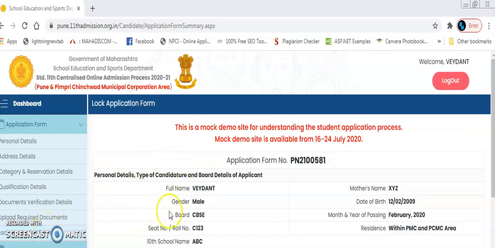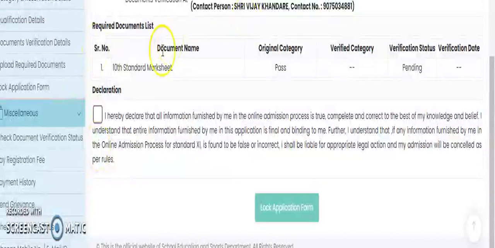After adding all these details, it will ask you for your declaration. Here you can check whether the original 10th standard mark sheet is verified or not, which is the status of your document uploading, and then you have to click on declaration.